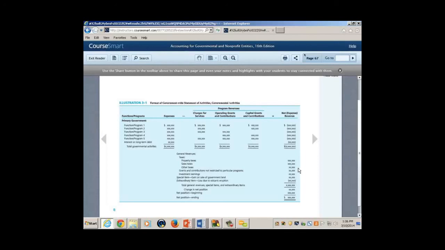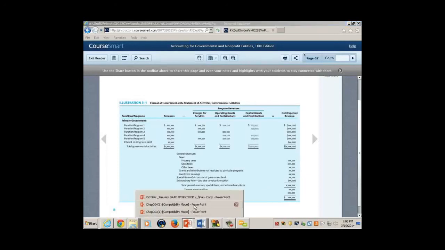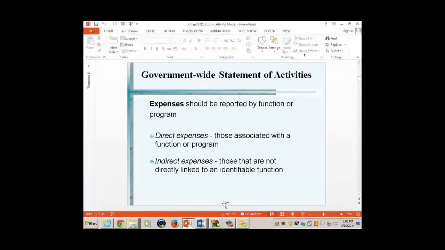Okay? And most of you probably saw this as you were doing the CAFR exercise. Let's go back to, so everybody got this? This is what I just talked to you about, right? Difference between direct expenses and